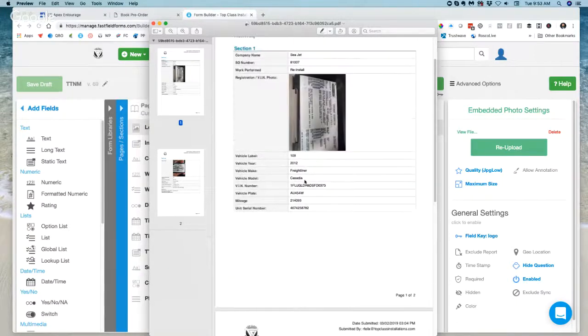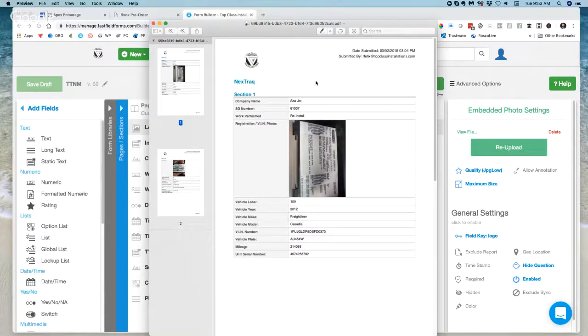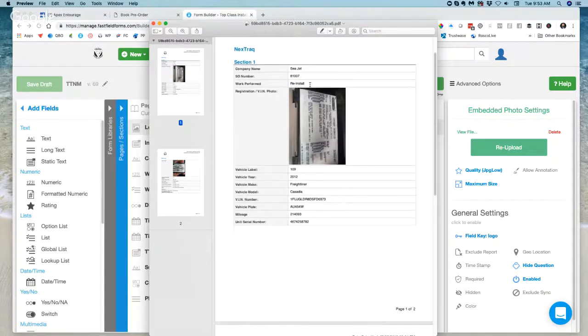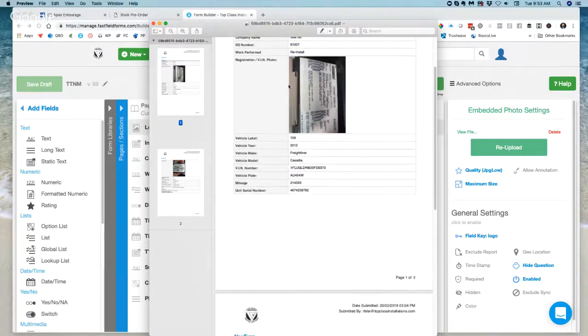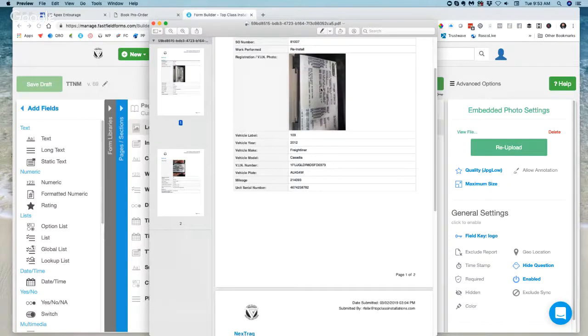It's due for a revamp. But anyway, you can see here it creates a really nice PDF. It gives me a date submitted and a timestamp. It tells me which technician populated the information, submitted the form, customer name, vehicle number, SO, photograph of the VIN,